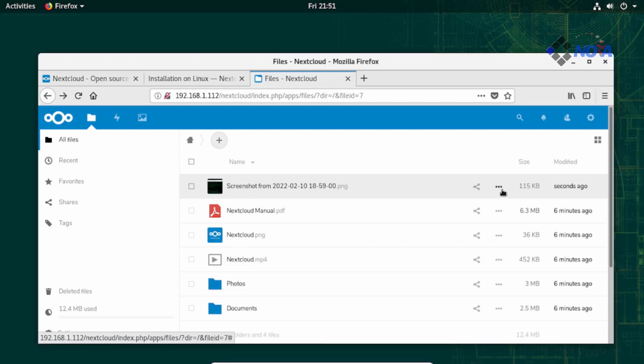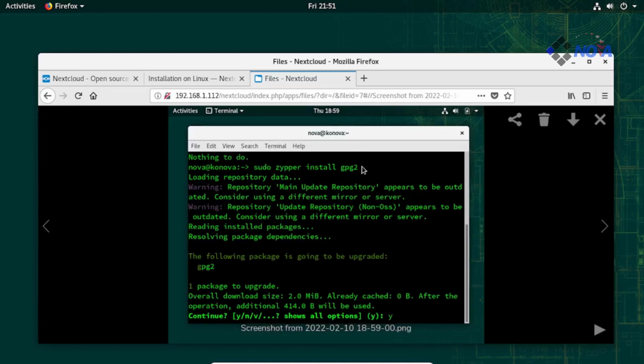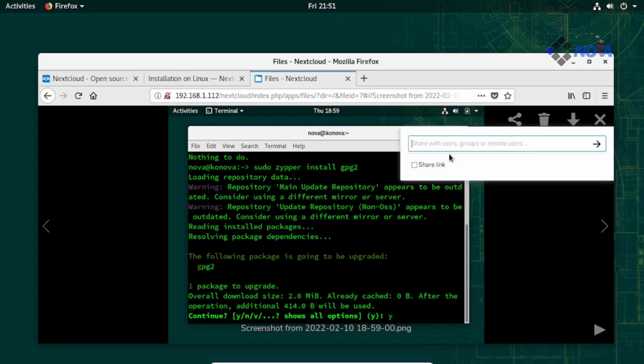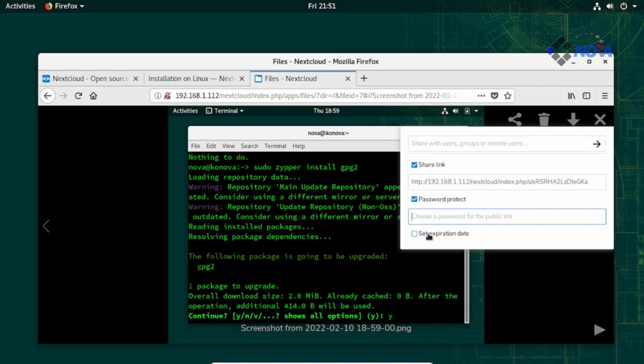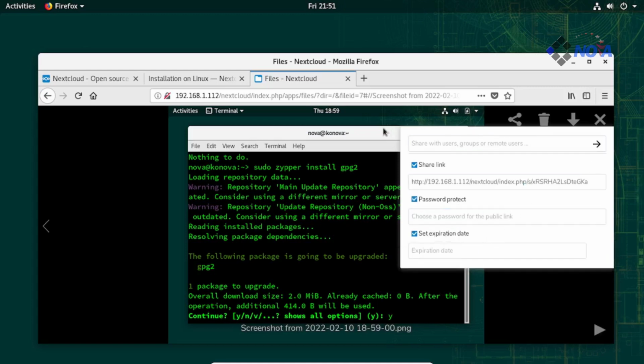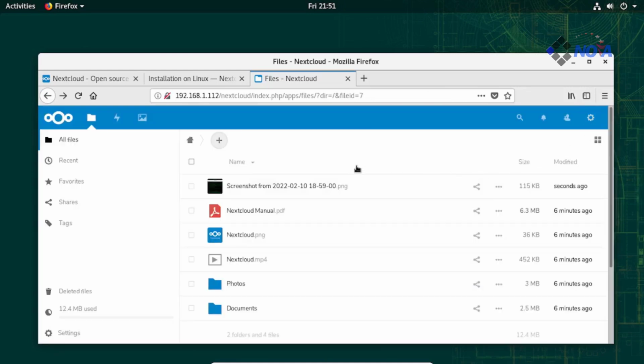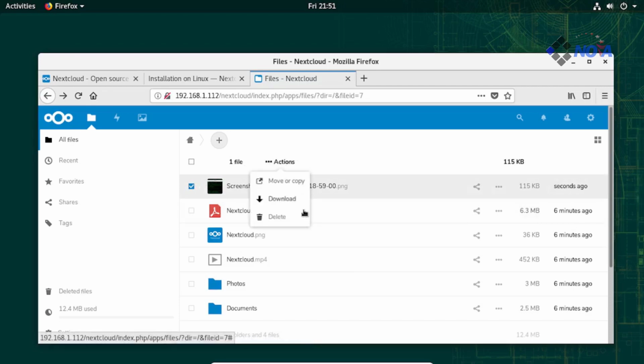We can move, copy, and download. Okay, and we can see, and we can share via share link, with password protection and expiration date. That is pretty awesome. Okay, that's for now. Now we can delete. It's great,